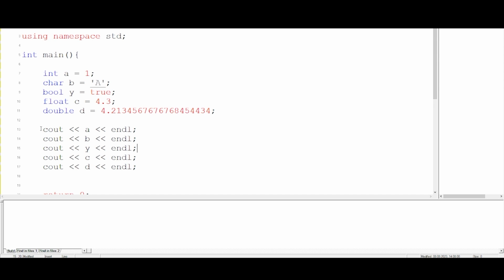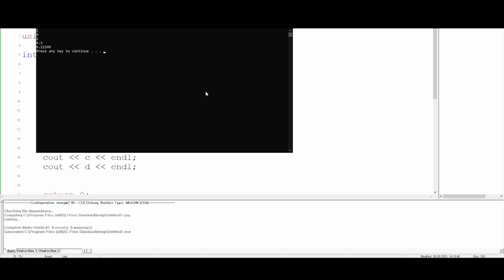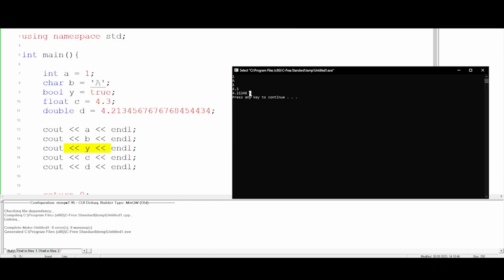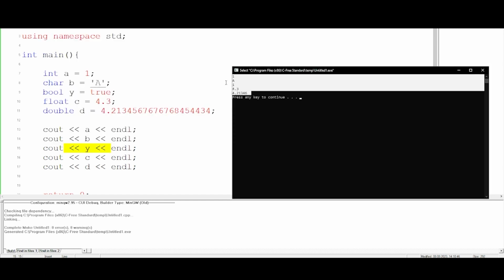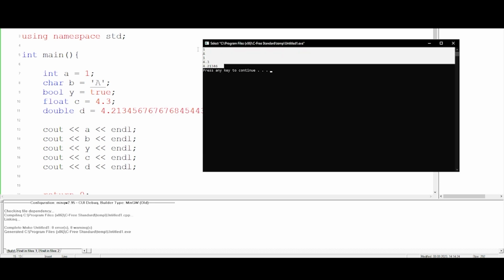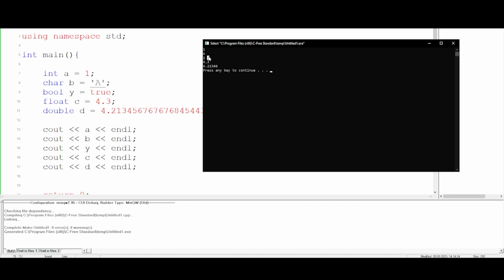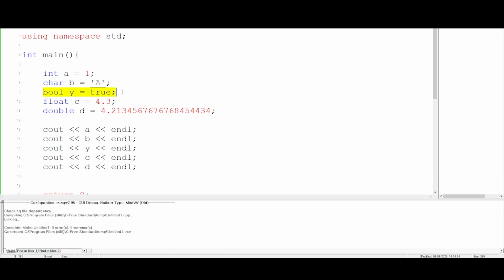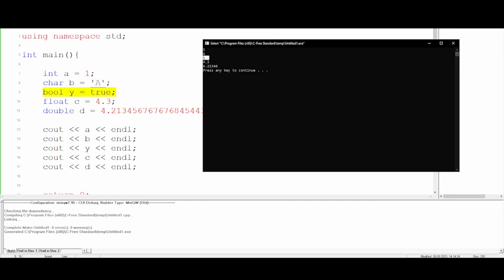Now let's print them all one by one and see what they give as outcome. If I run this piece of code, you will see that I have got all the values which I have mentioned over here. So we can put different kinds of values over here if you want. Since I have put these values, you're getting the answers over here. But one thing you may notice is that the third one is printing 1, even though I have written true over here, it is not printing the word true.